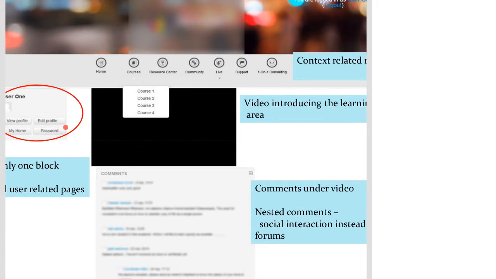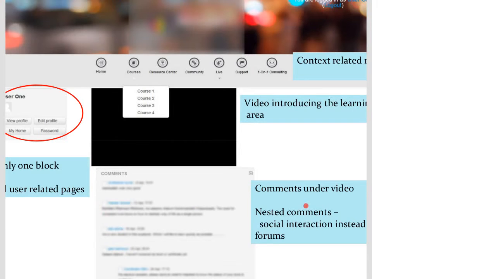That's the only block that appears on the front page when the user logs in. The organization used a video which introduced users of the site to the learning area and what the program is all about. I felt it's a really good idea to have a video welcome on the page as soon as the user logs in.